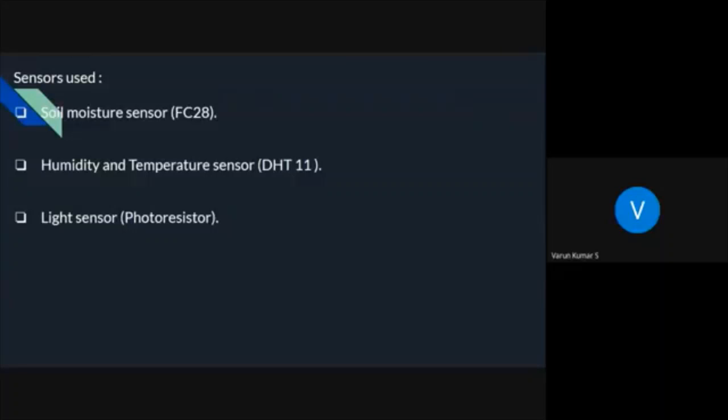Temperature sensor. Temperature influences most plants' development processes such as photosynthesis, transpiration, absorption, and flowering. Each species of plant has a different temperature range in which they can grow. Above this range, enzymes become inactive and processes essentially get stopped. Hence, temperature should be maintained at an optimal level all the time.